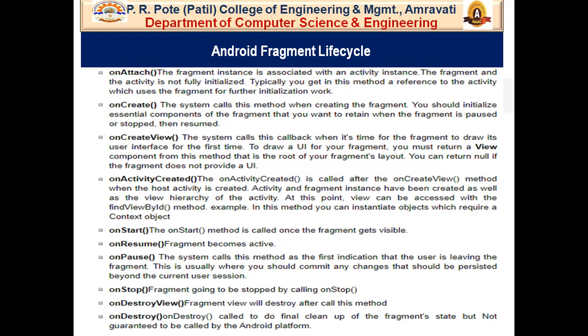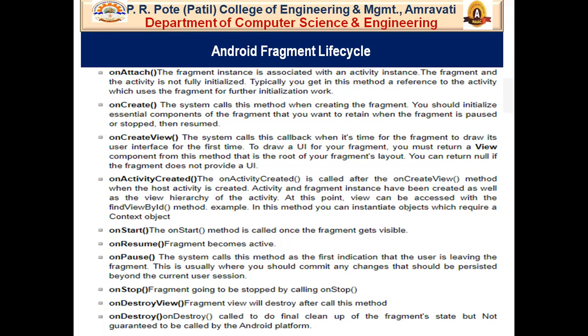If there are any changes you want to save, you can do them here. The system calls this method as the first indication that the user is leaving the fragment. And then we have the onStop method, which means the fragment is going to be stopped.